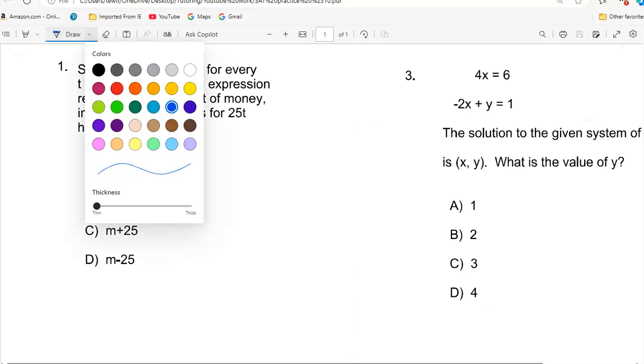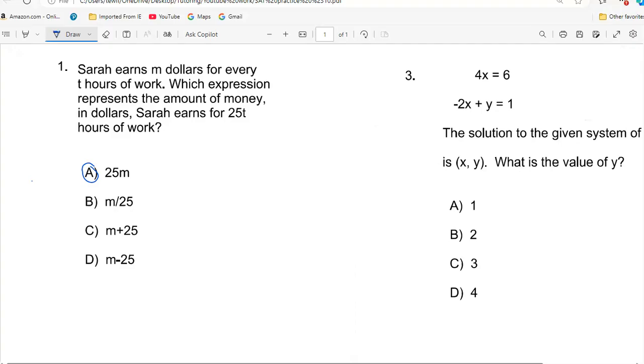Should be 25M. Why is that? Because we can make a proportion. We can make a proportion for money to time. She made $M for T hours. That equals, which expression represents the amount of money, so we're looking for the money, that's question mark, over